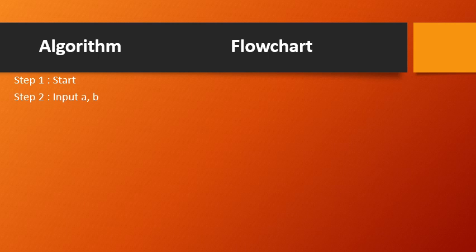Okay, then the next step is what? I should be reading the inputs, right? Once I begin, I need the inputs. Inputs for what purpose? Inputs for reading or knowing the two numbers. So those two numbers I will represent as A and B. So this A and B means what? A is the first number and B is the second number, for which I am going to perform sum and the difference.